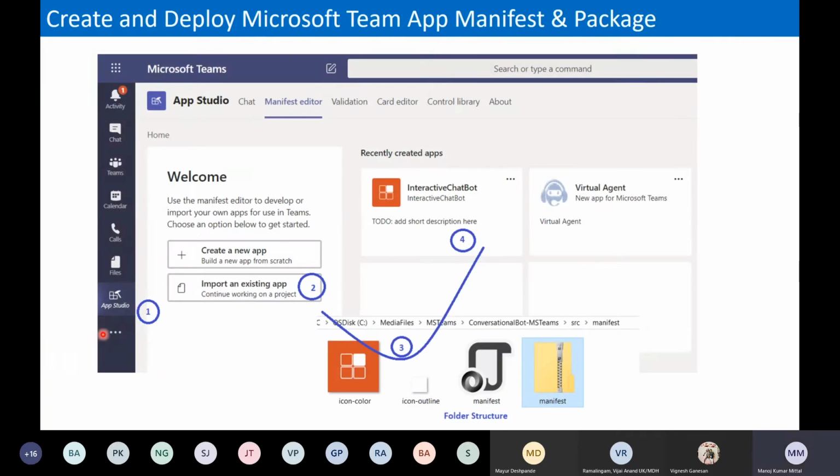Okay, so once we are ready with our app manifest file, here is how to deploy. For example, this is the solution we are creating for MS Teams using Node.js. These are the three different files that come in the solution: the color icon, the outline icon, and the manifest file. The manifest file is what we discussed in the last slide. We need to take all three files, right click and zip them, and give the name manifest. Once you log into your Teams, go to App Studio, import an existing app, and select this particular manifest file, and that's it. We are good to deploy the runtime in our Teams.